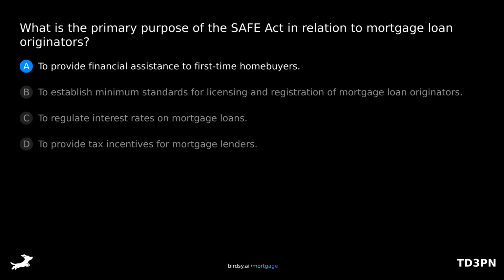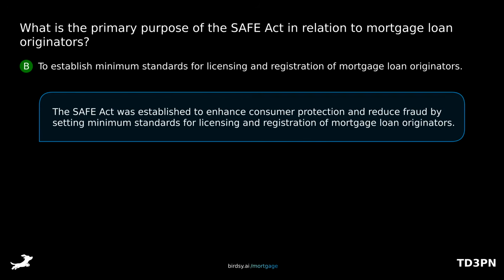Is it A, to provide financial assistance to first-time homebuyers, B, to establish minimum standards for licensing and registration of mortgage loan originators, C, to regulate interest rates on mortgage loans, or D, to provide tax incentives for mortgage lenders? The answer is B, to establish minimum standards for licensing and registration of mortgage loan originators. The SAFE Act was established to enhance consumer protection and reduce fraud by setting minimum standards for licensing and registration